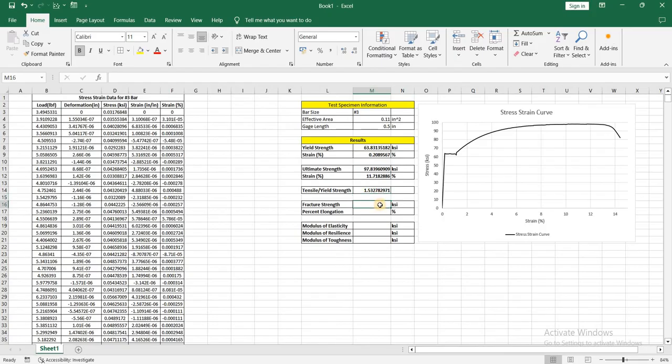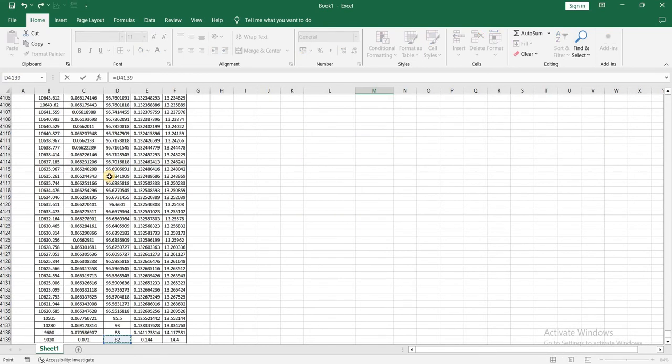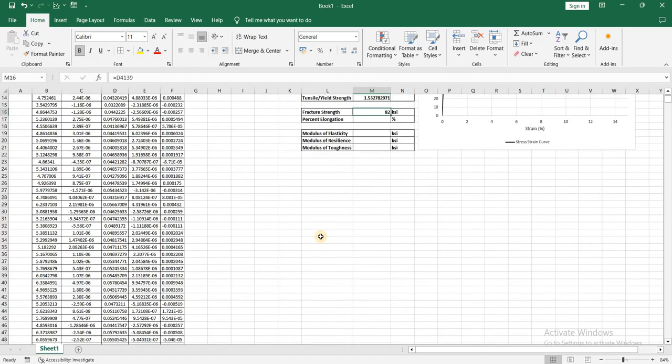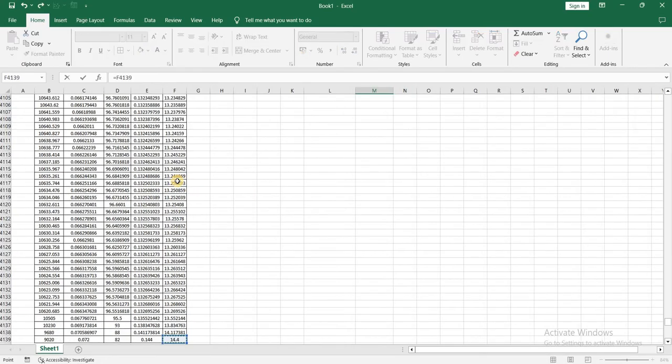Fracture strength is the point where your graph is ending, your plot is ending. This is where the steel breaks. So I'm going to press equal to and select the last data point, that is this one. Press enter. So it's 82 ksi, and for percentage elongation, select the last data point of strain percent data and